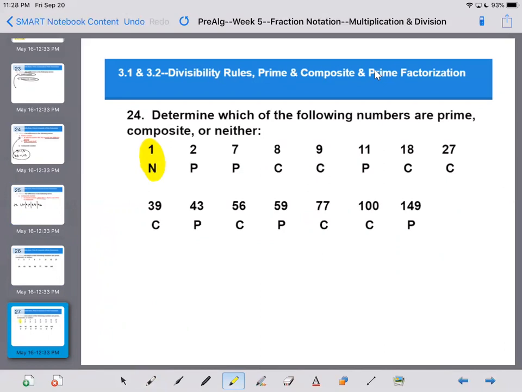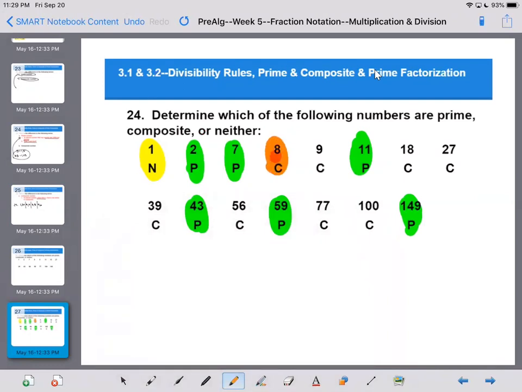If you look at 2, well, 2 is only 1 and itself, so 1 and 2. 7 is prime because it's just 1 and 7. 11 is prime, it's just 1 and 11. 43, 1 and 43. 59, 1 and 59. 1 and 49. But if you look at the rest of them, you're going to see, well, 8 has multiple